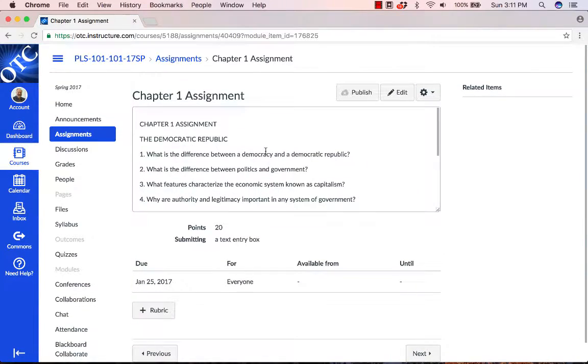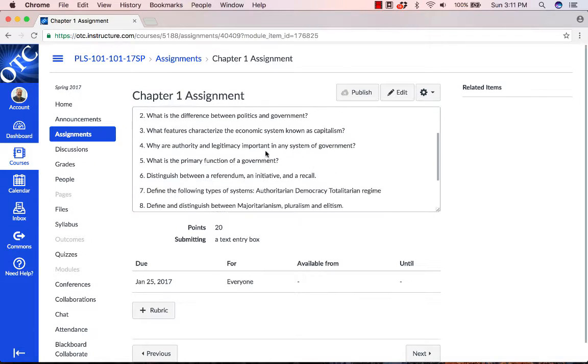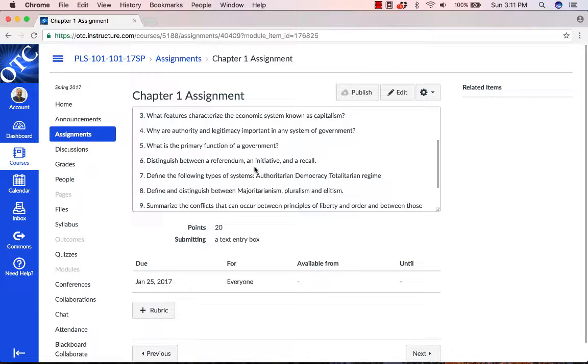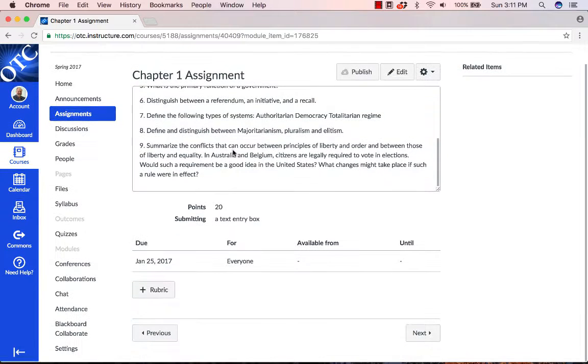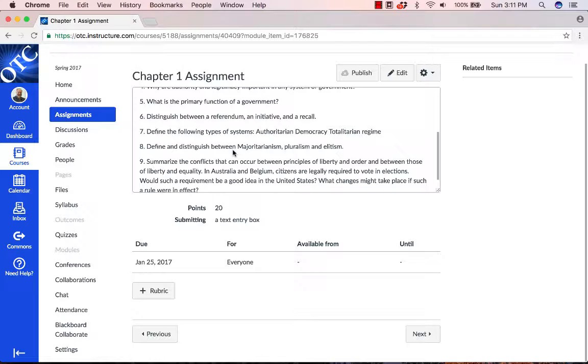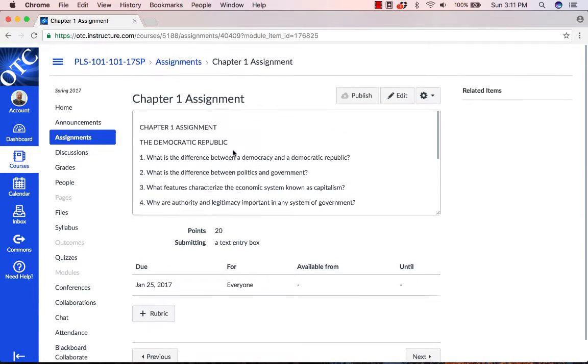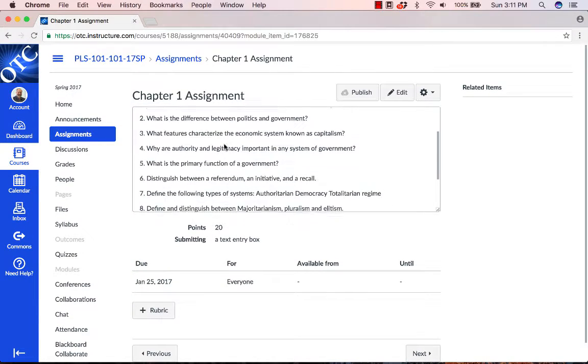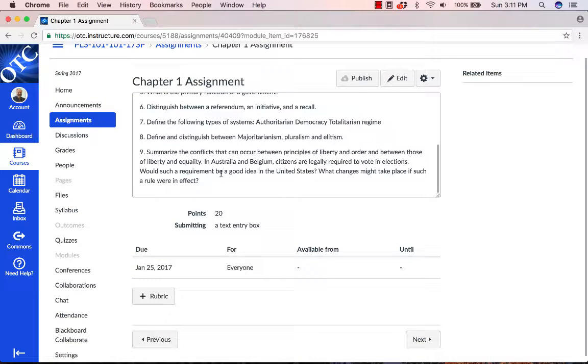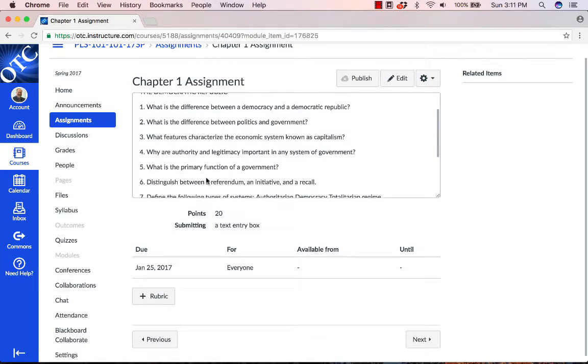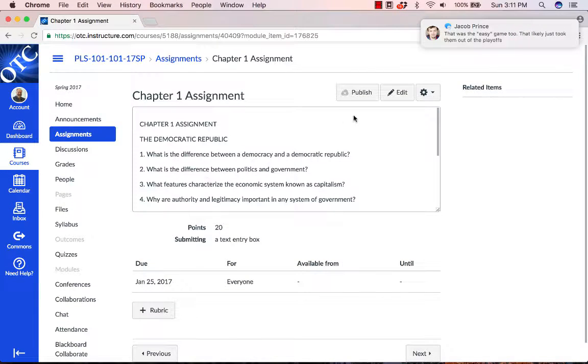But again, review the questions, answer those questions, and then you'll hit submit, and then I'll be able to grade those for you online, and your grades will be online. We're not going to have paper all over the place. If for whatever reason you don't want to do it this way, that's acceptable as well, and I will accept paper assignments as well. But really basic, getting on to whoops,